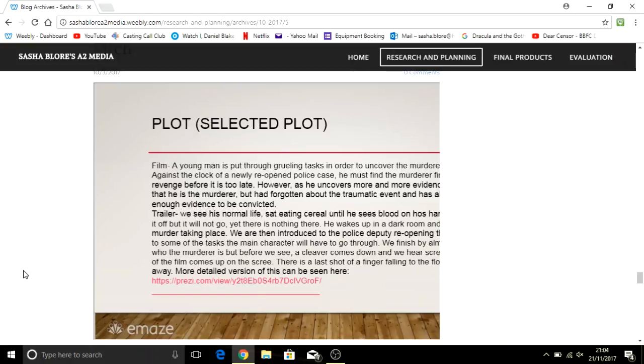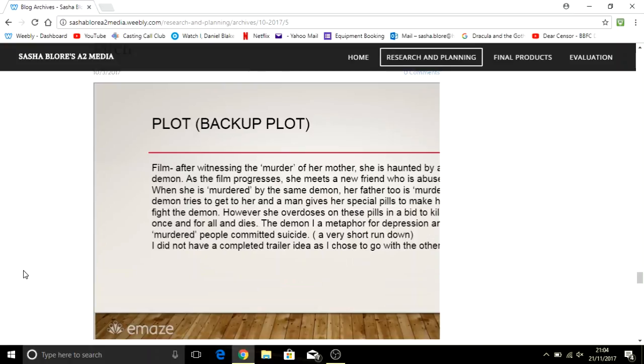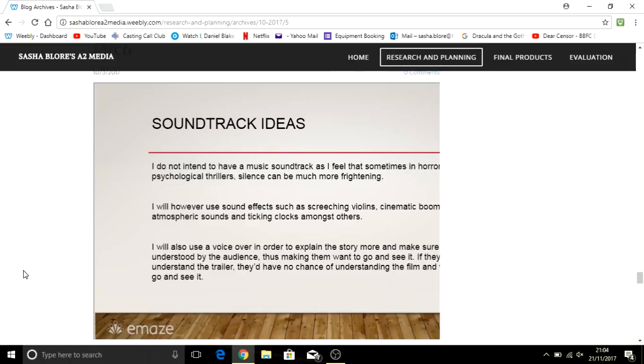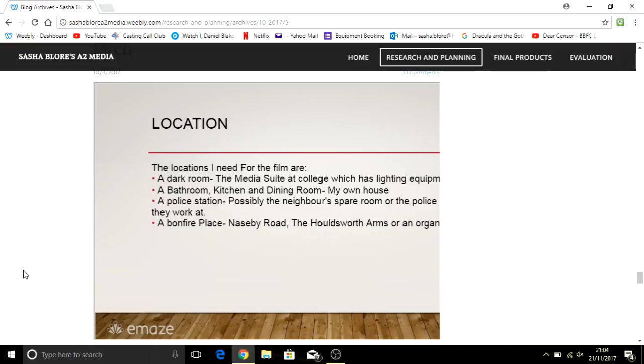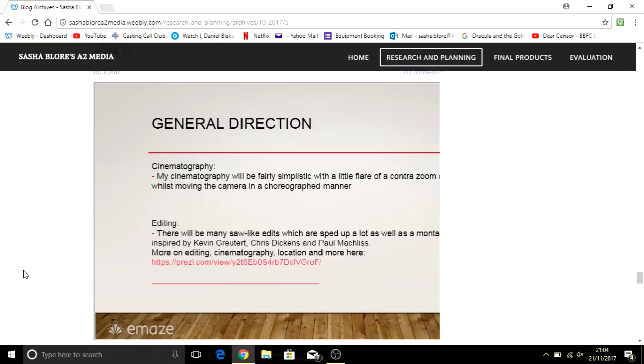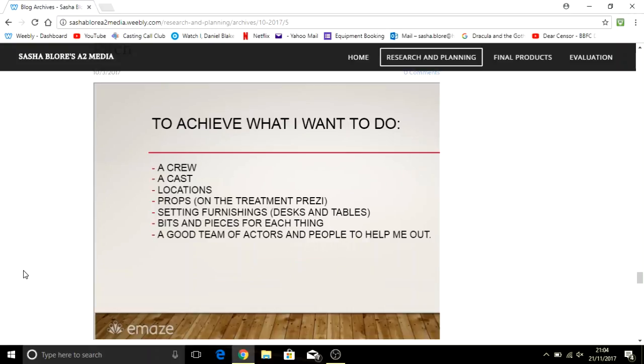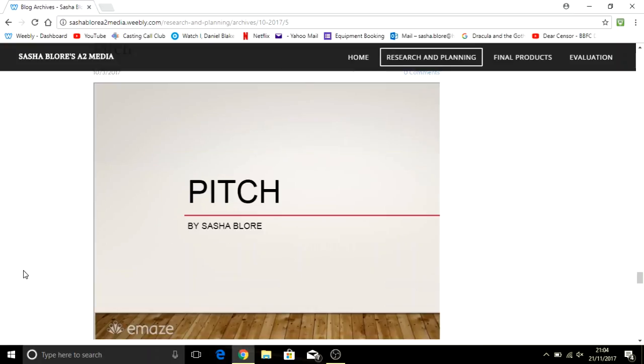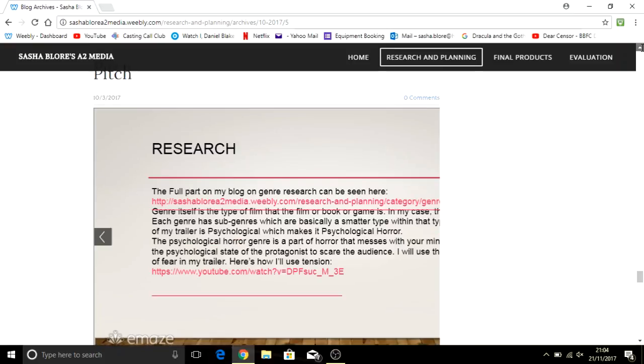I've put the plot down and the backup plot. Soundtrack ideas, locations, a general direction, and what I will need. So that's that.